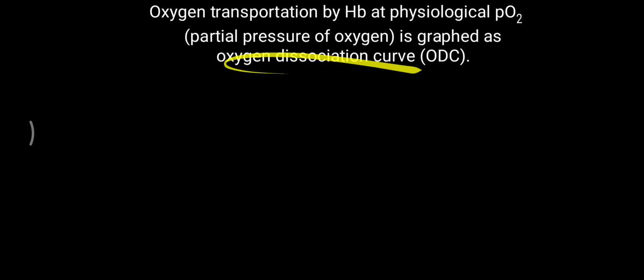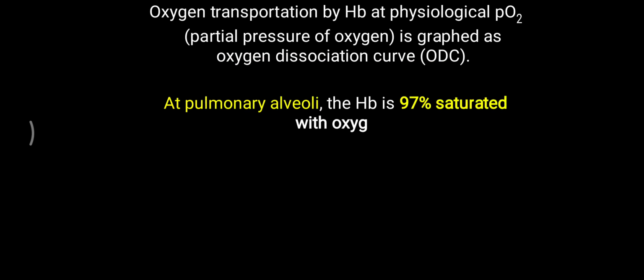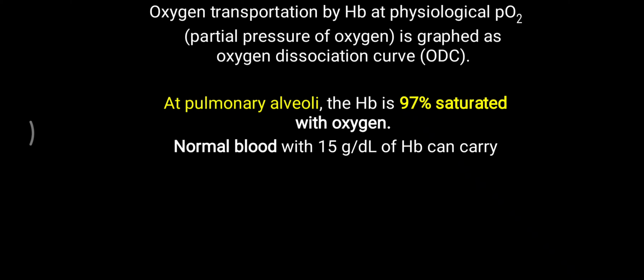But before that, first the definition of ODC: oxygen transportation by hemoglobin at physiological partial pressure of oxygen, graphed as an ODC, or simply called an oxygen dissociation curve. So exactly at the lung level, or pulmonary alveoli level, the hemoglobin is 97% saturated, meaning hemoglobin is mostly saturated